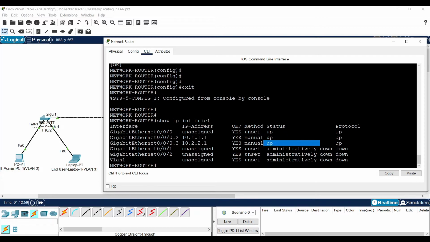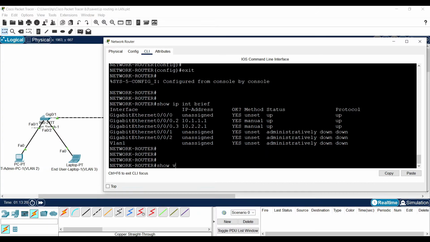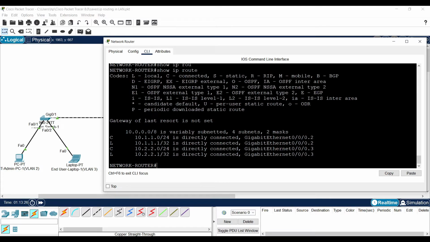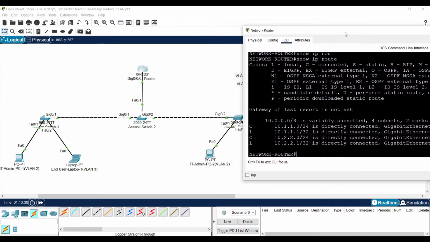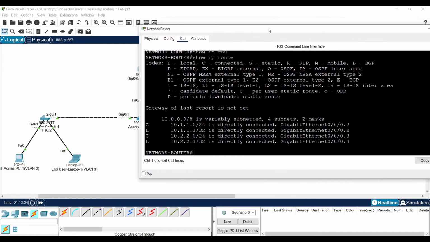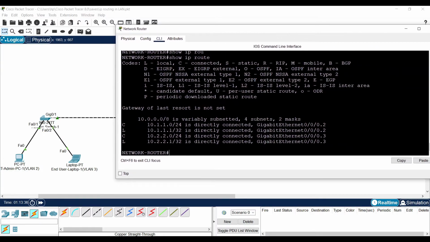It became up. Both layer 1 and layer 2 are up. Let's see the routing table. Yes, now the routes are being learned. It is learning via the logical interfaces.